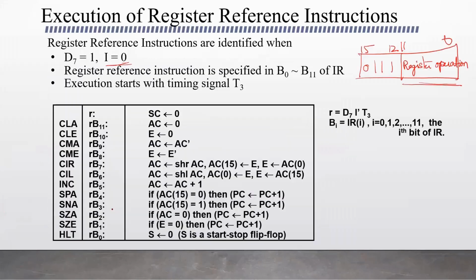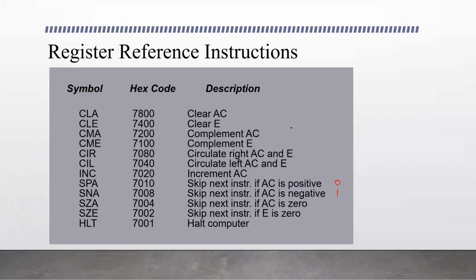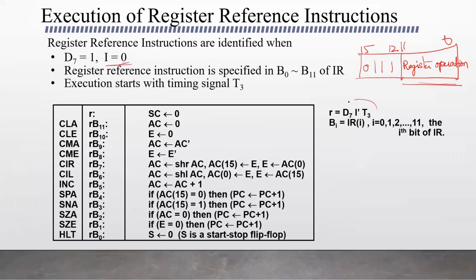So here, what is R? For register reference instruction, what we wrote, the control condition is D7 I' T3. The same thing is written here: D7 I' T3. It is the control condition for register reference instruction, so that is given as R here. In this table, if you see, R denotes D7 I' T3. And the other control condition is